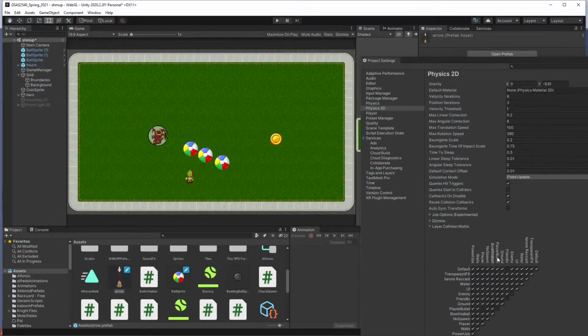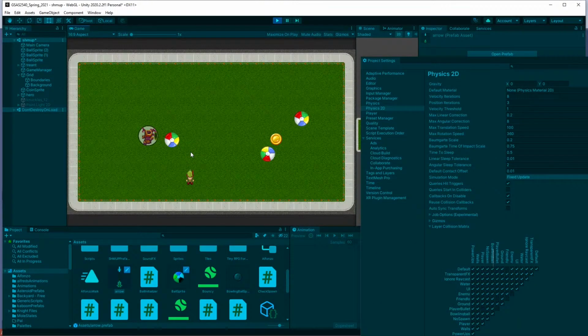We go in here and say, okay, friendly things should not collide, or player bullets should not collide with friendly things. Player bullet, friendly, not a collision. Go back, and it's all good. Now, when you have things where the player bullets shouldn't collide, but should cause the player to bounce around, whatever,